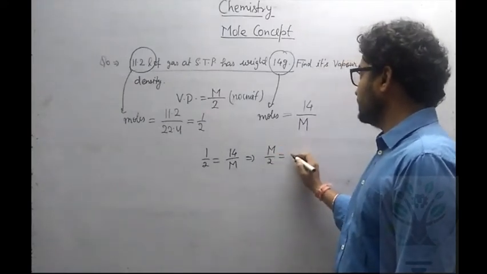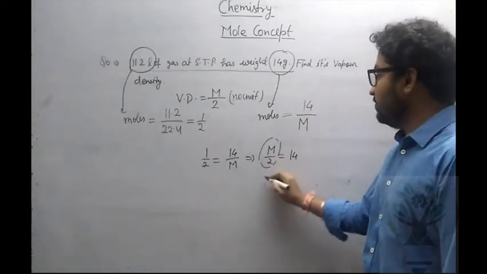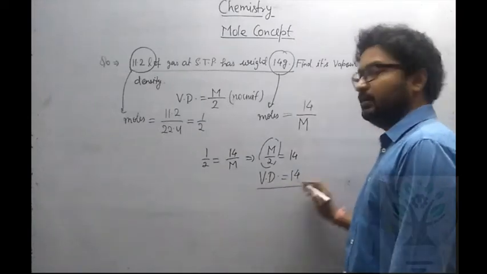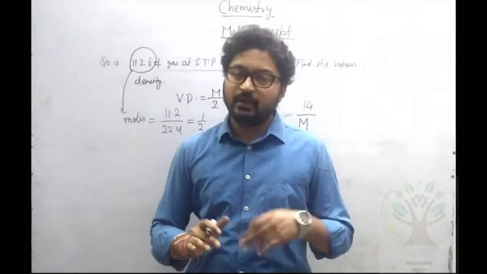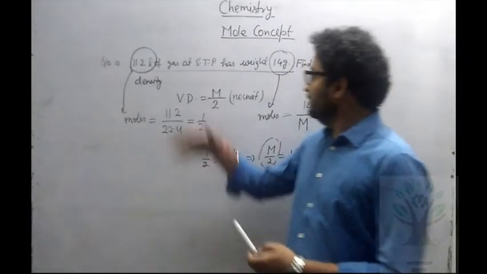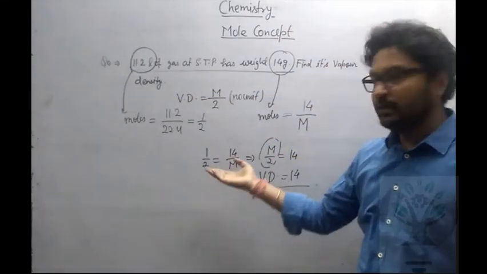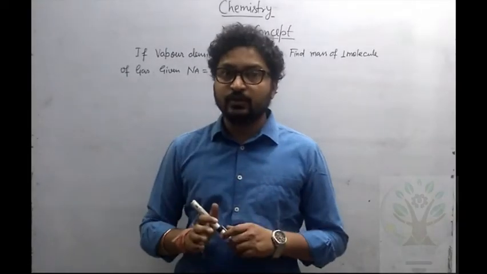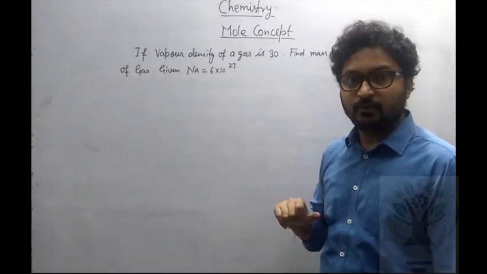So from here, M by 2 will be coming as 14. And what is M by 2? M by 2 is vapor density. So vapor density is coming as 14. Clear? Any doubt, ask me in the comment section. My motive was to find molar mass, because for vapor density I need to find molar mass. Moving forward, the next question is: if vapor density of a gas is 30,